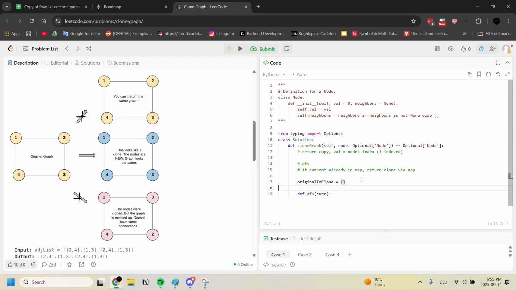Original to clone equals map. So if current is already in map, return clone via map, or else